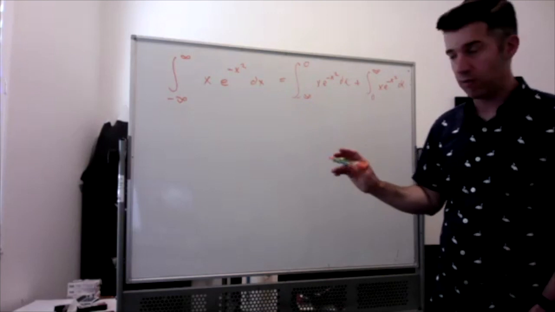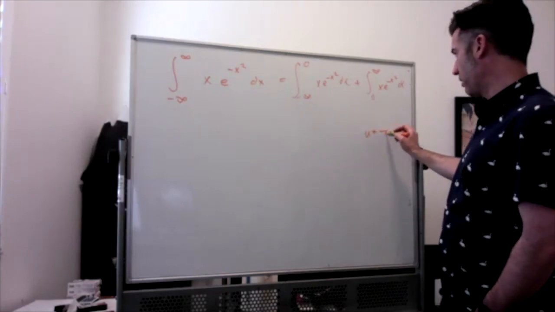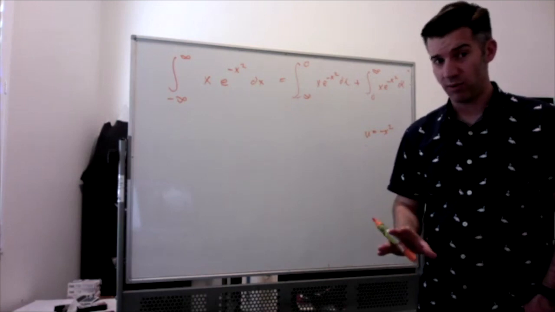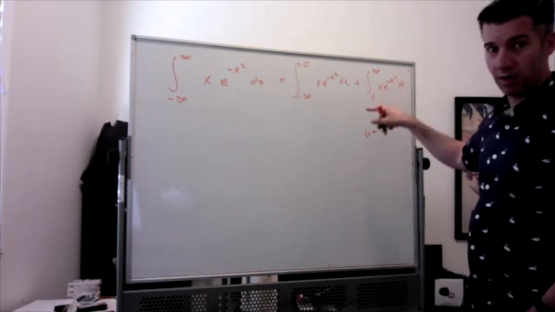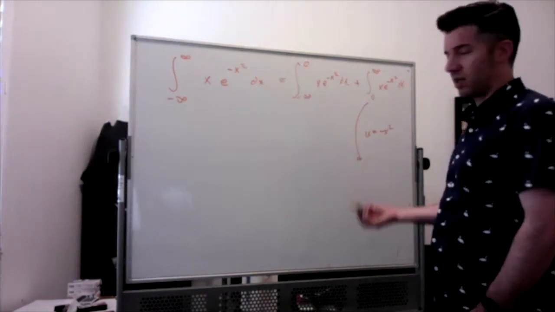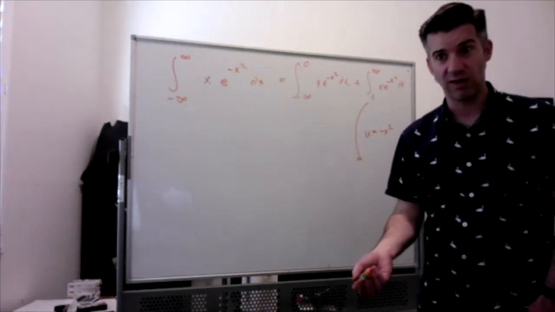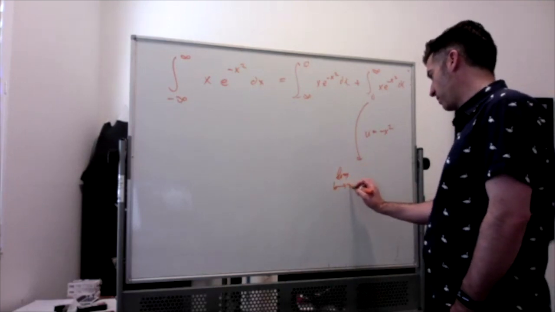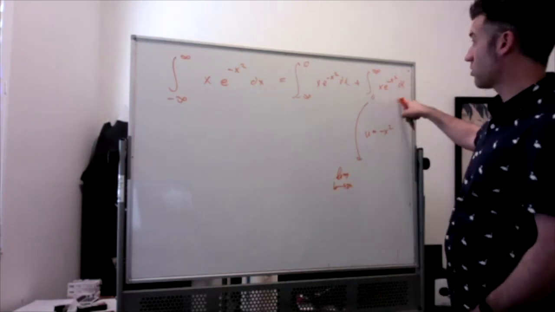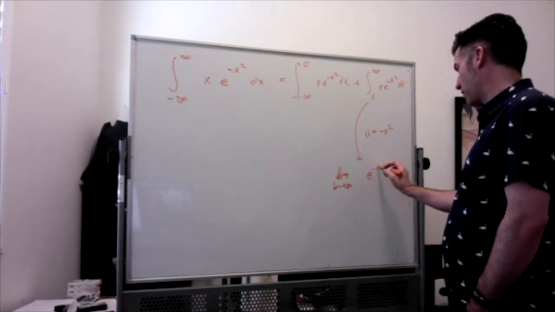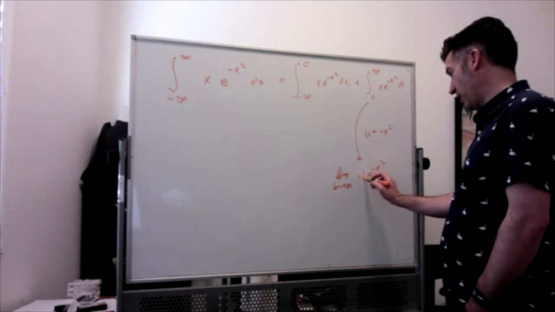You can do a u sub with u equal negative x squared. I don't like to change the limits of integration when it's improper, so I would just do the u sub here. I'm kind of hand waving things here because we're out of time. I would do the limit as b goes to infinity. The integral of this is e to the negative x squared times negative 1/2